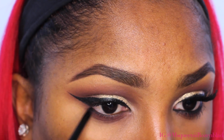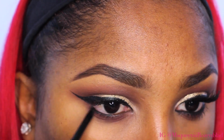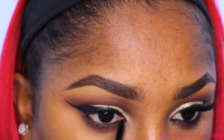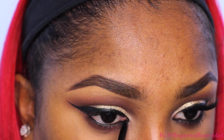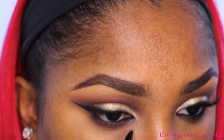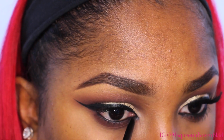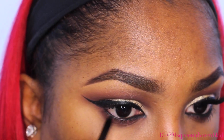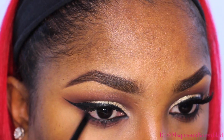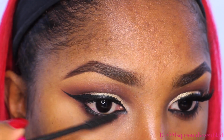Then I'm going to go in and line my waterline, and I'm using a new eyeliner pencil also from Milani Cosmetics. This is the new Casual eyeliner, which I really like. It's very soft, very smooth, and very pigmented, so I really like this product. I'm also going to smudge this along the lower lashes just to make my lower lashes appear fuller, and then